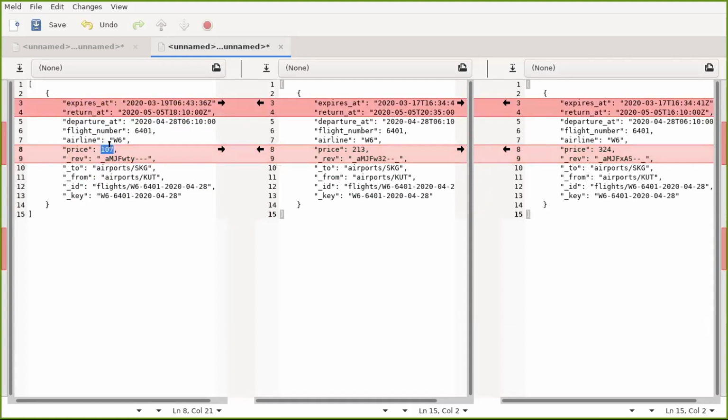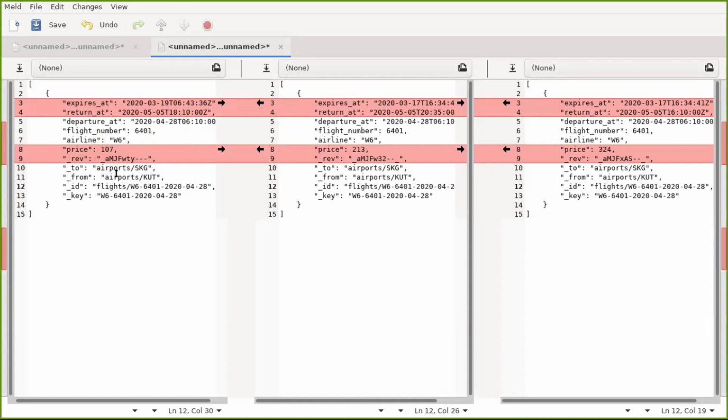So at the time it was created, the price was $107, and all prices are stored in dollars here for consistency. At a later point of time, the price has gone up to $213, and in the future, the price has gone up to $324. And in all cases, we see that the ID is identical. In fact, this diff tool makes it very easy to note that, because otherwise this would have been a colored band as well.